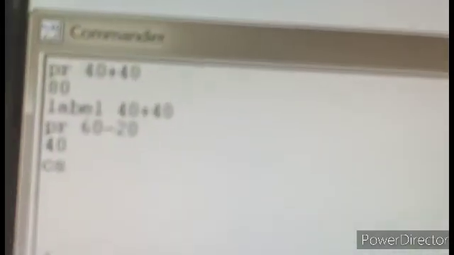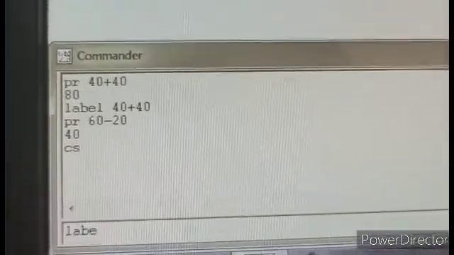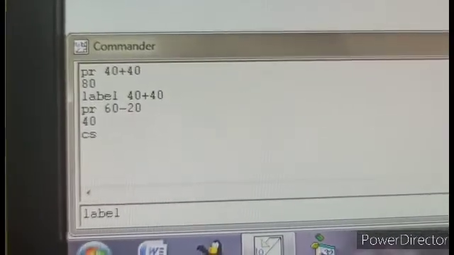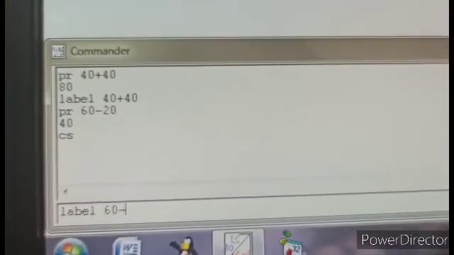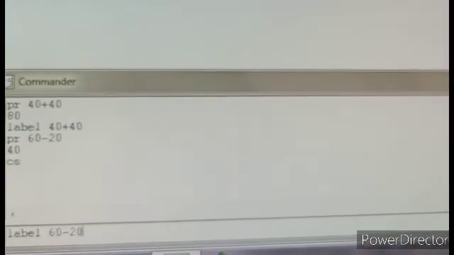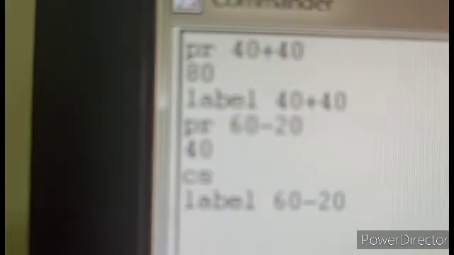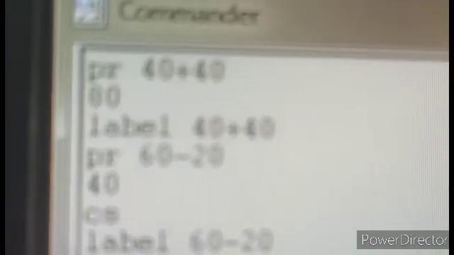What to write? CS. CS will clear the previous data. Now I am using label, space, 60 minus 20. What is the result? 40. Previously, by using PR, the result came to the recall list box. Now, by using the label command, the result has come to the drawing area or main screen.